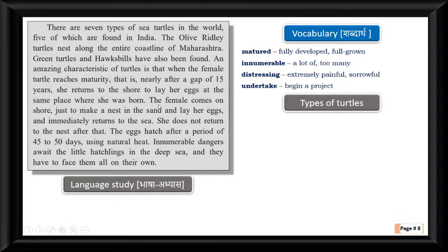Isn't that amazing? The female comes on shore just to make a nest in the sand and lay her eggs and immediately returns to the sea. She does not return to the nest after that. Guys, this is really something amazing. I did not know this, okay? The eggs hatch after a period of 45 to 50 days. So let's say that's their incubation period, using natural heat. Innumerable dangers await the little hatchlings in the deep sea